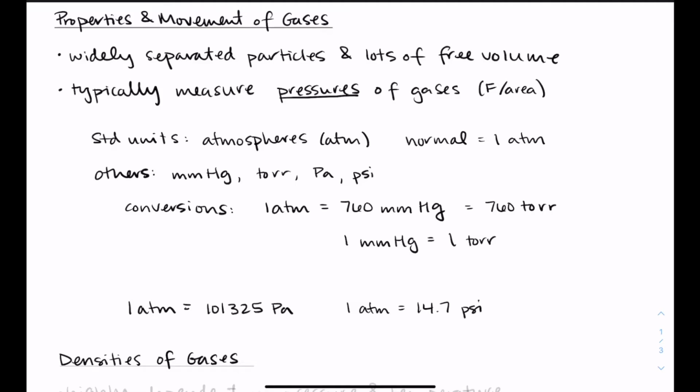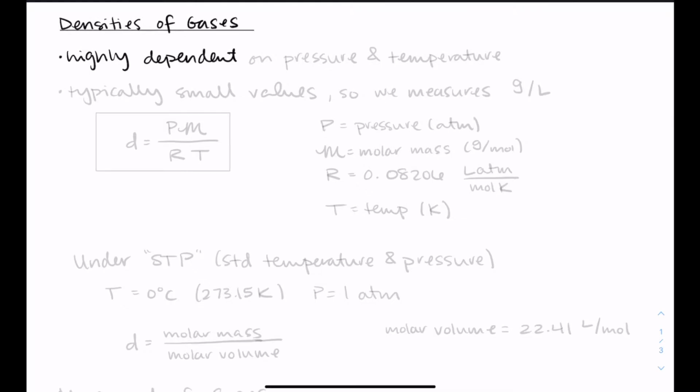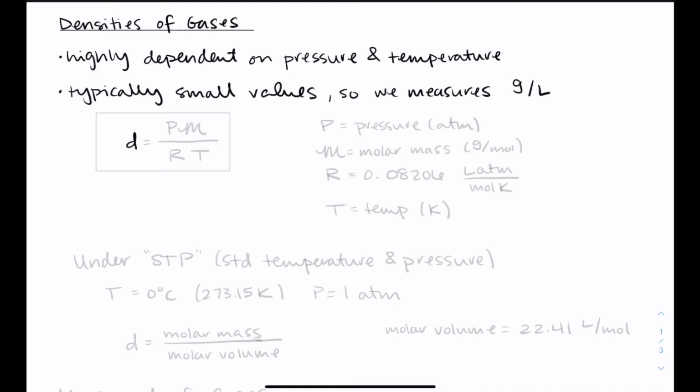Okay, so for a gas, we can have a density of a gas, and we have dealt with densities of solids and liquids. The density of a gas is highly dependent on pressure and temperature. So you will see those as a part of how we can calculate a density. The values are typically small, so we tend to measure and report in grams per liter instead of grams per milliliter. The equation that you would use is that the density is equal to P times M over RT, where